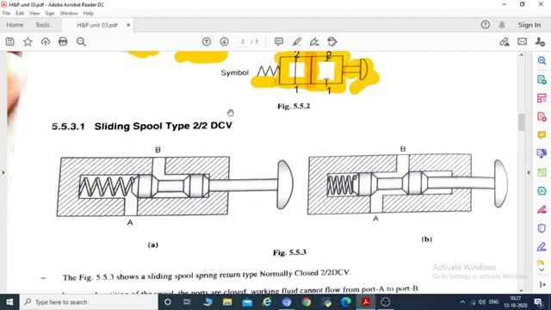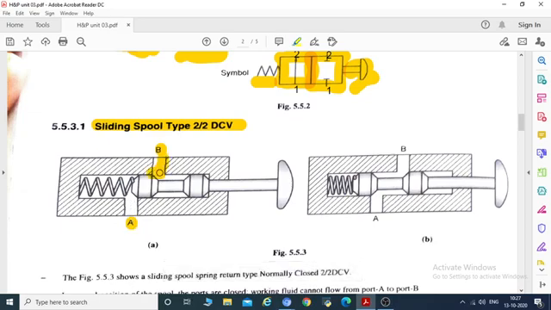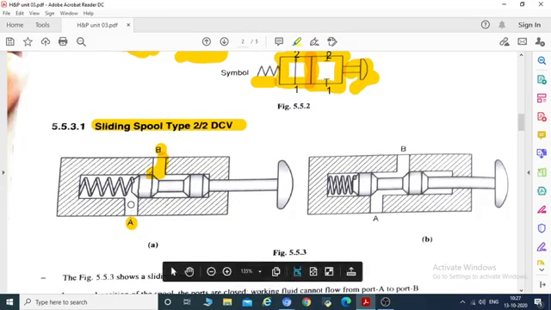Similarly, we are going to see this sliding spool type 2x2 direction control valve. 2x2 means it has 2 ways. This is the first way, this is the second way, and it has 2 positions, meaning one time the entry gets restricted. You can see the entries get restricted here and here, as the fluid is stopped here.